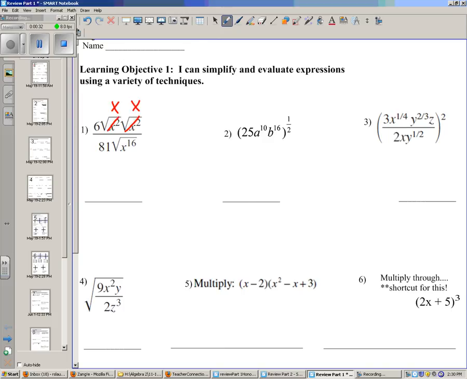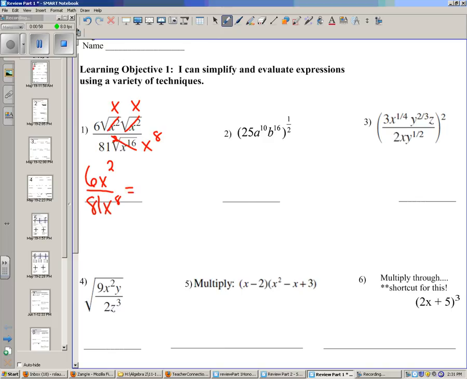And then in the denominator, when I take out exponents, remember you do this through division. So the square root of x to the 16th is not x to the 4th. I'm dividing the 2 into the 16th, so it's actually x to the 8th. So working on my answer for a numerator, I have 6x squared, and on a denominator, I have 81x to the 8th. If you leave it like that, that's pretty good, but hopefully you can see that with your numbers,